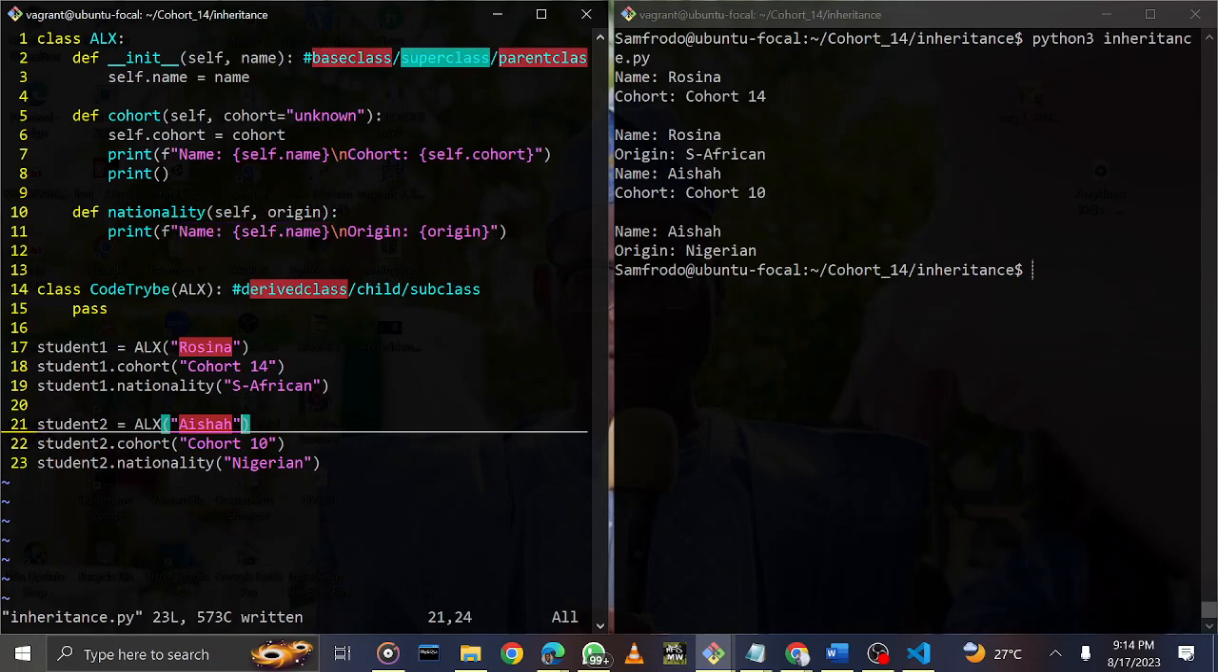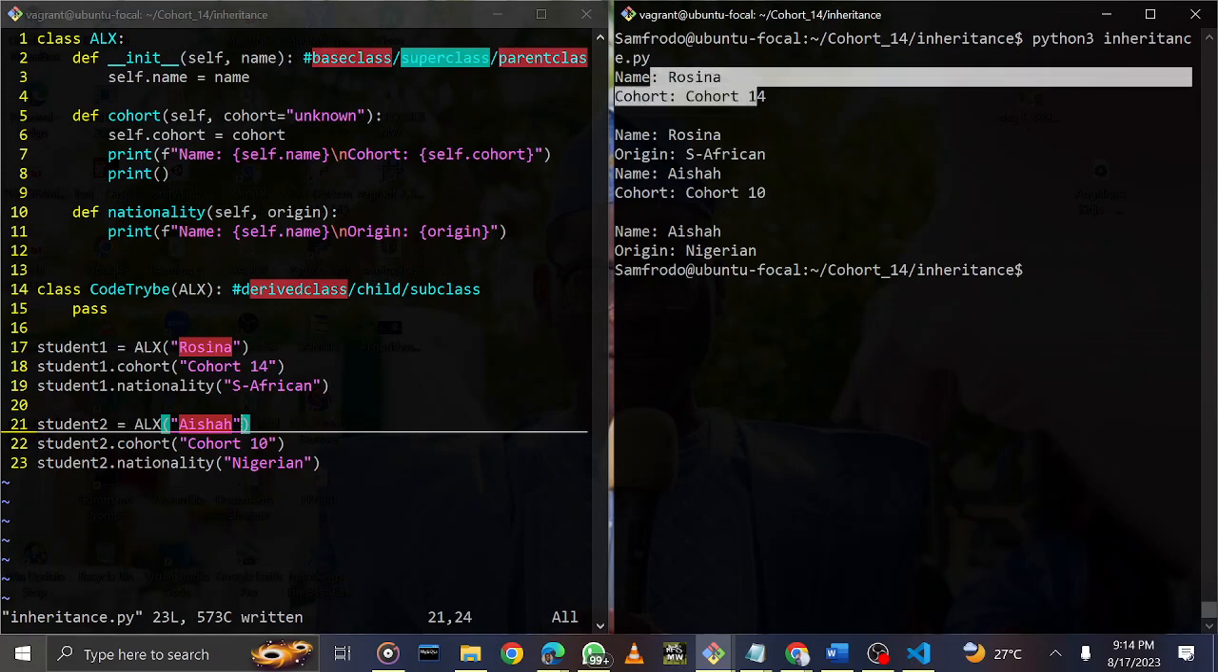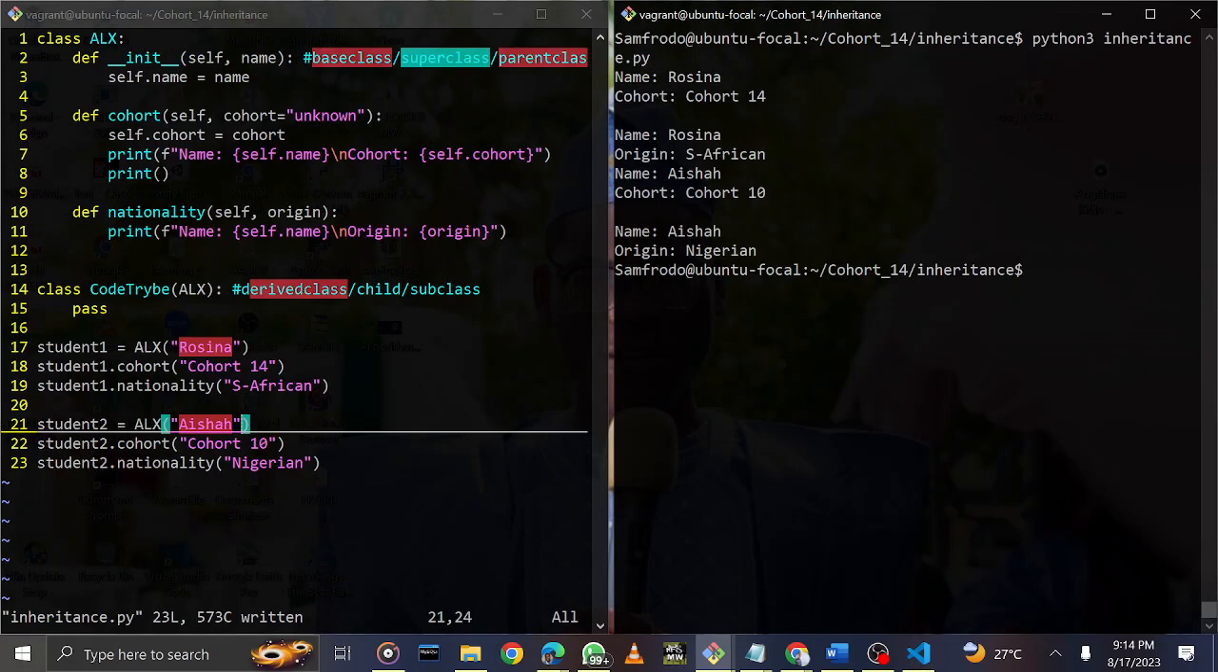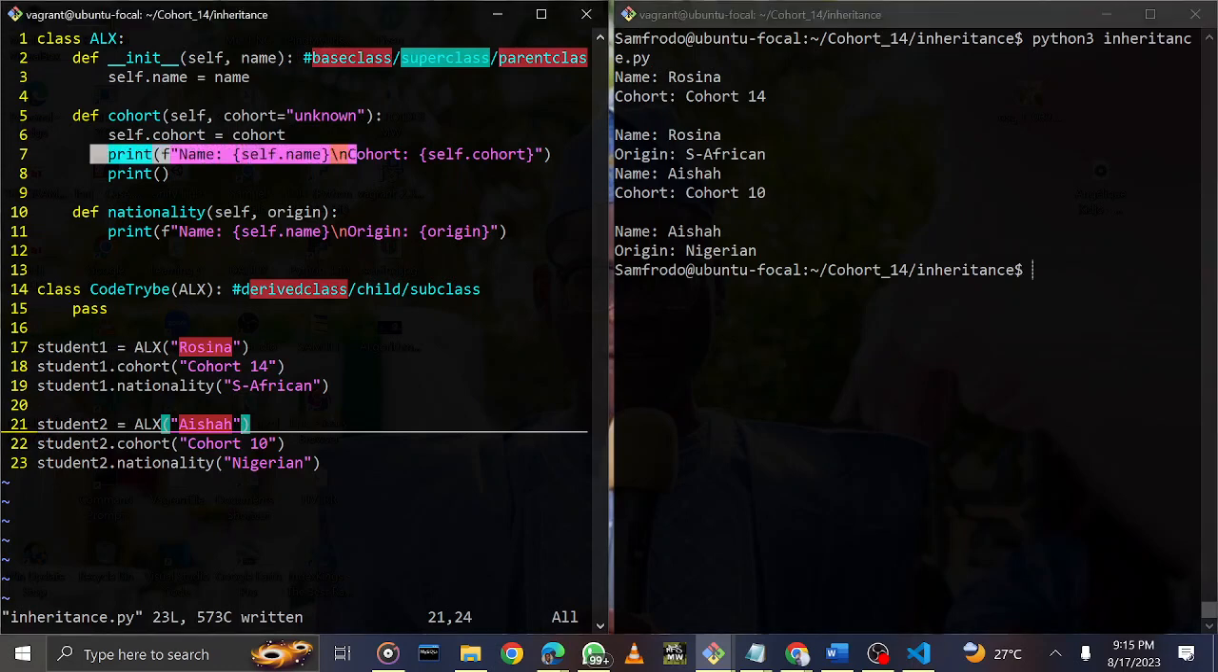Okay, name. It printed out name, then origin too. Where is it? So why is it printing out? Let's see what happened there. Samuel, you called what happened? The name? Go on. Let's see. Something happened here. This is Rosina and cohort 14, which is supposed to be this guy, right? Then a new line. Then again, nationality,